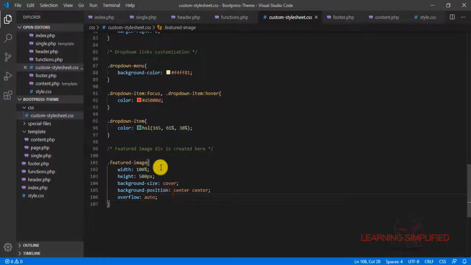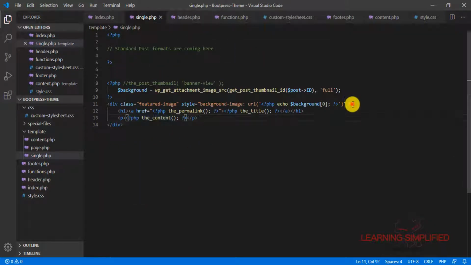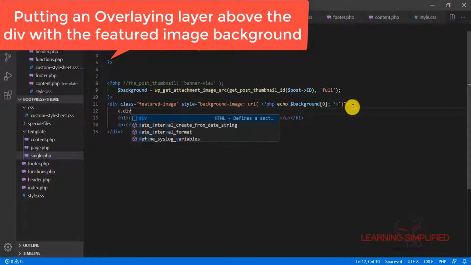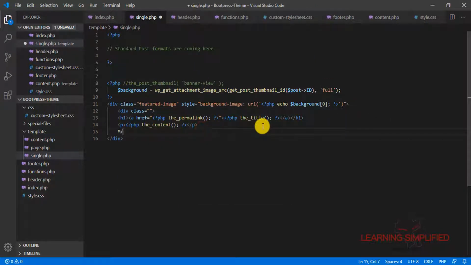First of all, let's do another thing here. Let's head back to this single.php, and here inside this div, let's create another div, a little bit of indentation, and here we are naming it content wrapper.